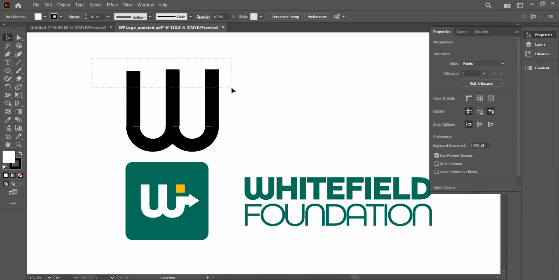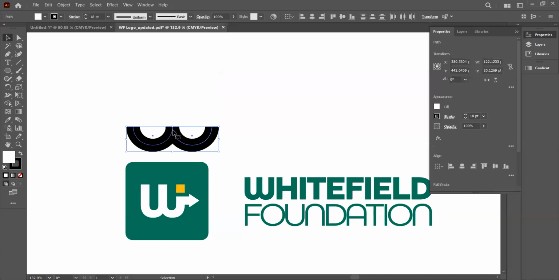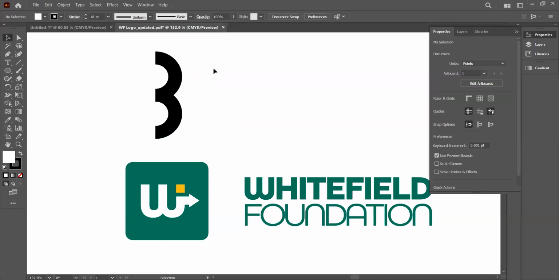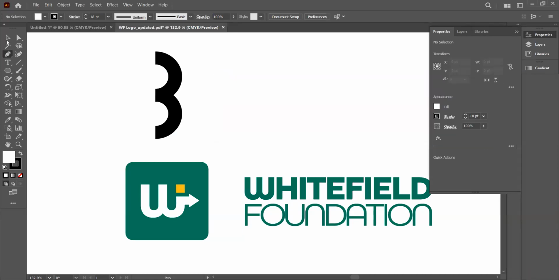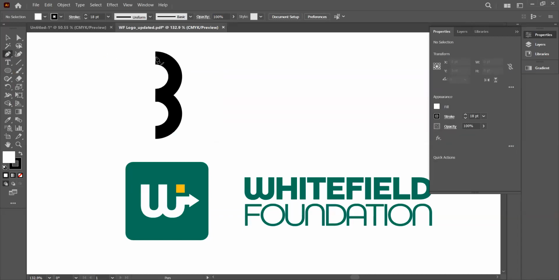So this may not be perfect anyway. So now the perfect one is that. Can you see W? In fact, we can use it to type B now. Can you see? By flipping it, 3 or B. So now you want to get your B very well. You can still use the same pencil tool. Click on it, then pick one of the.